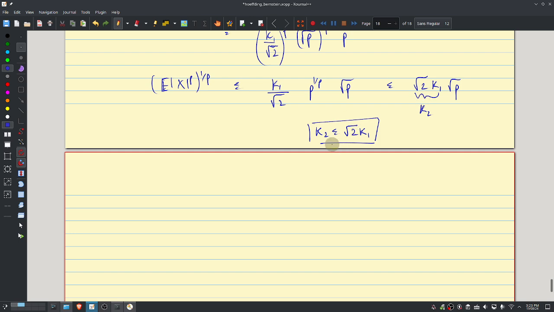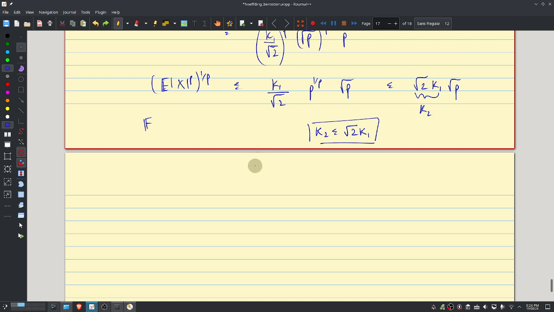And what I'm trying to say is that I can choose K2. Okay, so let's think of K2 as the best possible constant. All right, let's assume that,